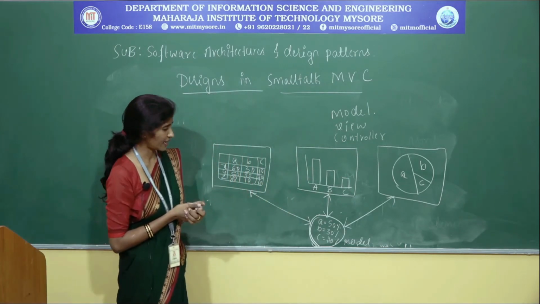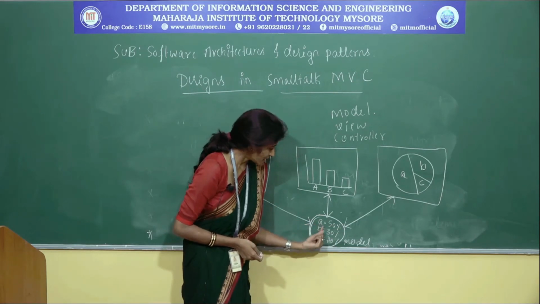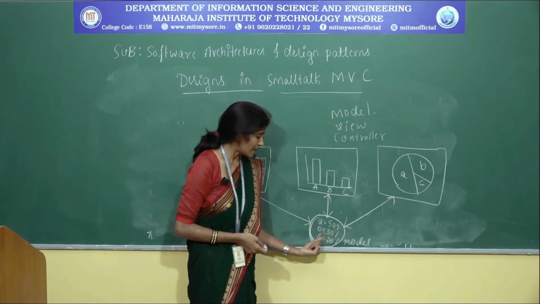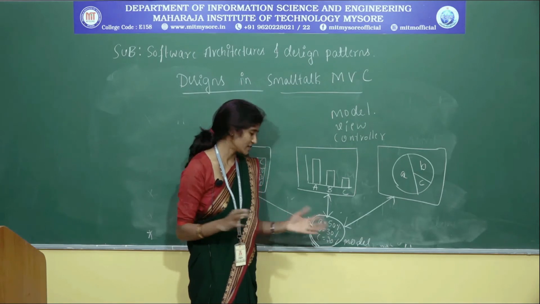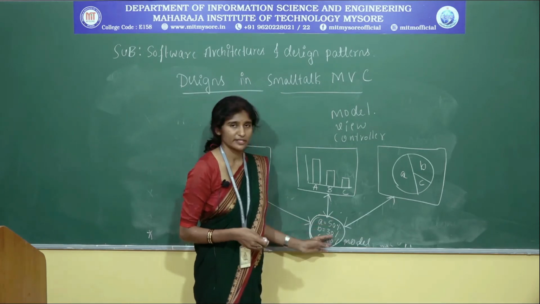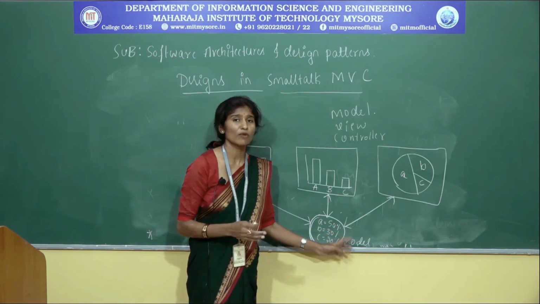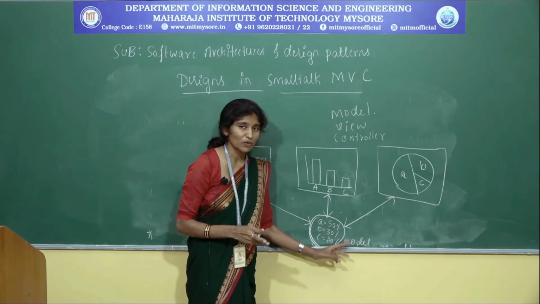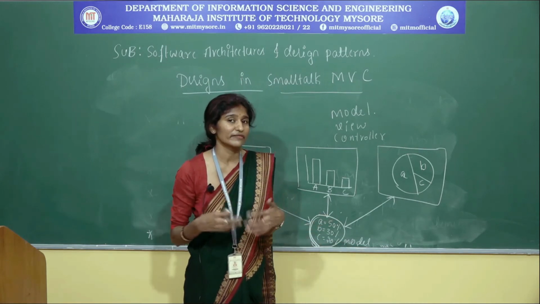So I have written some diagram here. So here data is there. So data is some percentage, he has given some data. A equals 50%, B is 30%, C is 20%. Some data, some statistics he has given, A, B, C, some values, and he has given them with the representation, percentage. Okay, and that he denoted as a model. Some model with the values. Okay, I need to represent this model in different ways. That is a view. I can view it in a different way.